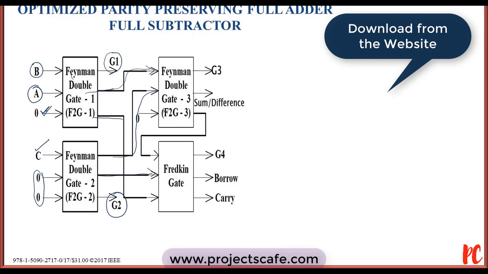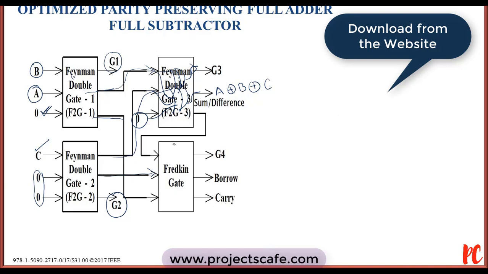For the third Feynman gate, the inputs are A XOR B, that is the output of the first Feynman gate, and Cin, the output of the second Feynman gate, and a constant 0. A XOR B is fed to the garbage value. Finally, the XOR operation of A, B and C is performed here, and the result is given to sum and carry. So this is A XOR B XOR Cin, which is nothing but the logic functionality of a full adder. It is then fed as input to the Fredkin gate,